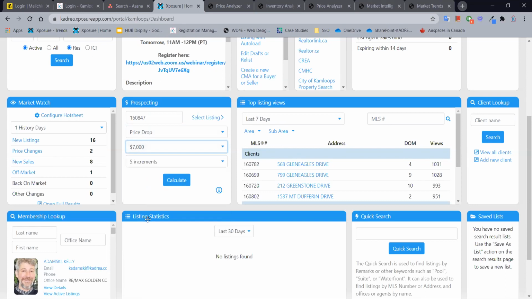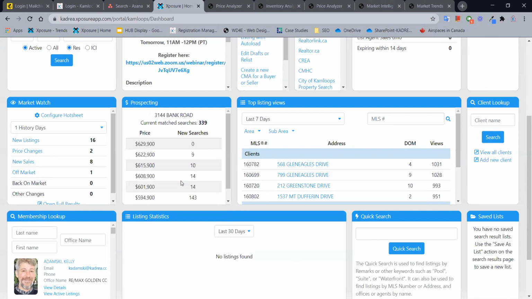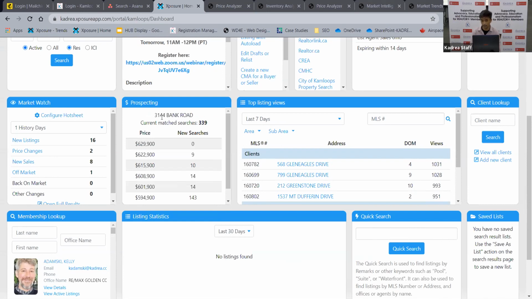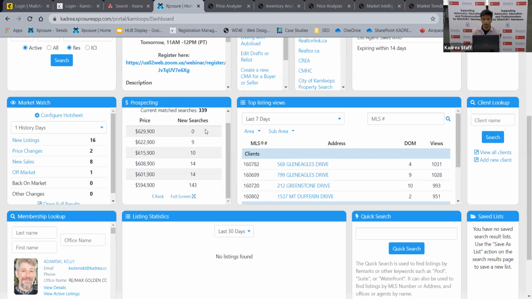Well, and those are PCS searches, just to be clear. So how many inboxes you're going to hit if you make these changes to the price? It doesn't always work for me on my end because I think I don't have it quite set up correctly, just as an admin, but here you can see it's picked up the listing. It's giving us the name of the listing. It's giving us the current matched searches. So this particular listing is going to appear in 339 searches. But if there is a price drop of 7,000, it's going to appear in that many more searches. So if you enter the price range of